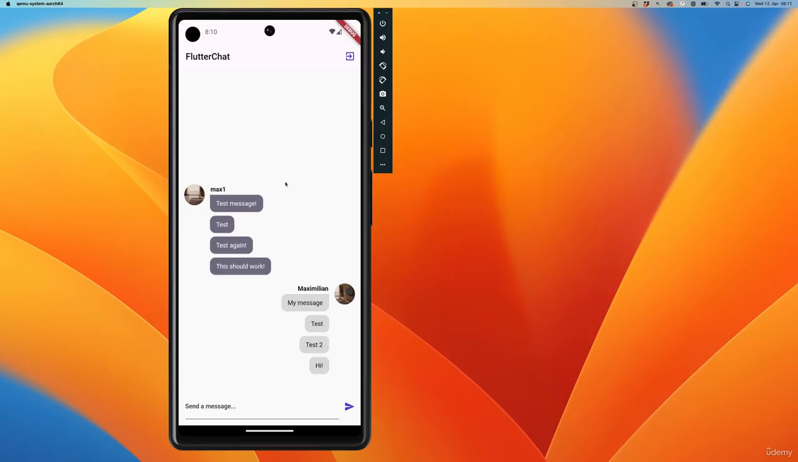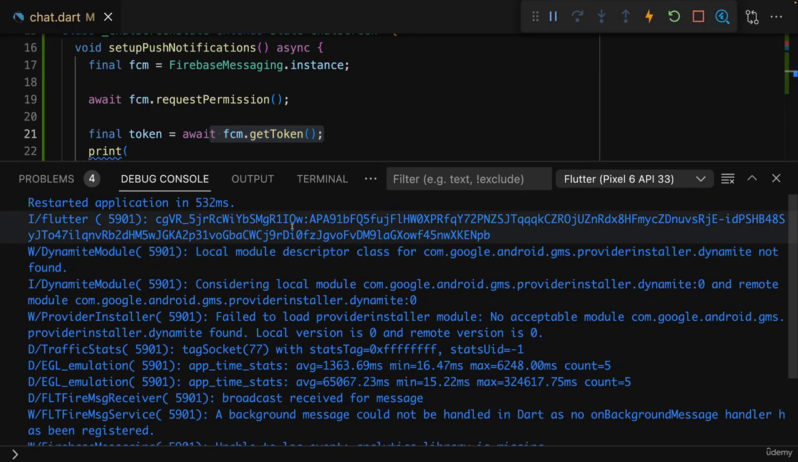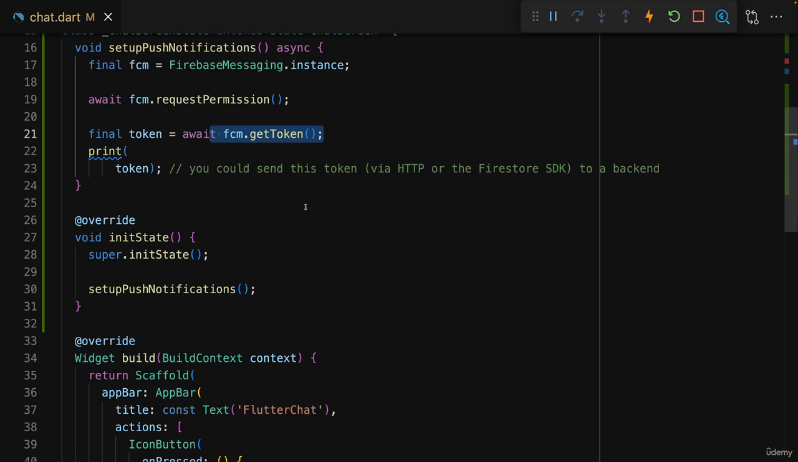And that is, in a nutshell, how you can send push notifications to specific devices by using this token, which you get with help of getToken. Now here we manually copied and pasted that token. Of course, in reality, as mentioned, you would send it via HTTP to your backend and store it in a